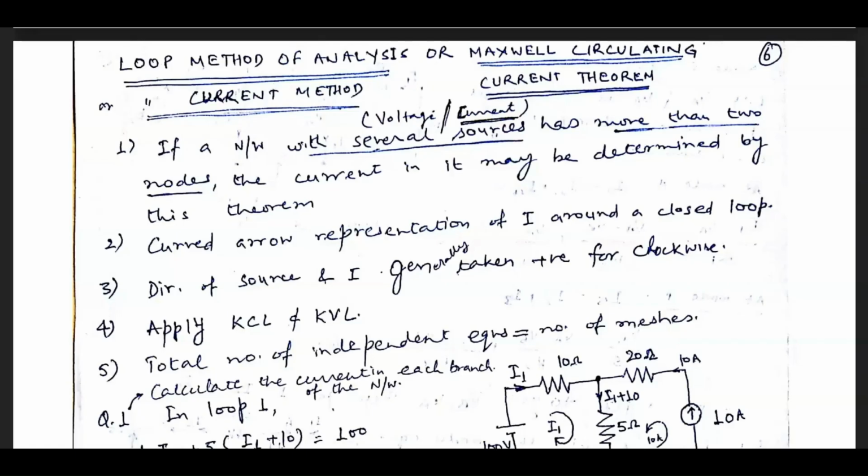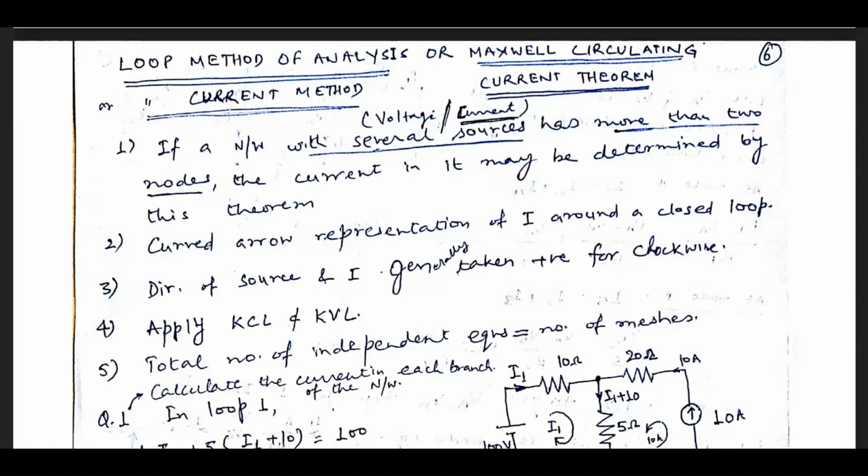So the next theorem is the loop method of analysis, also called the loop current method or Maxwell's circulating current theorem, based on the scientist Maxwell. If a network has several sources, which can be voltage sources or current sources, and several means two or more than two sources we are talking about,